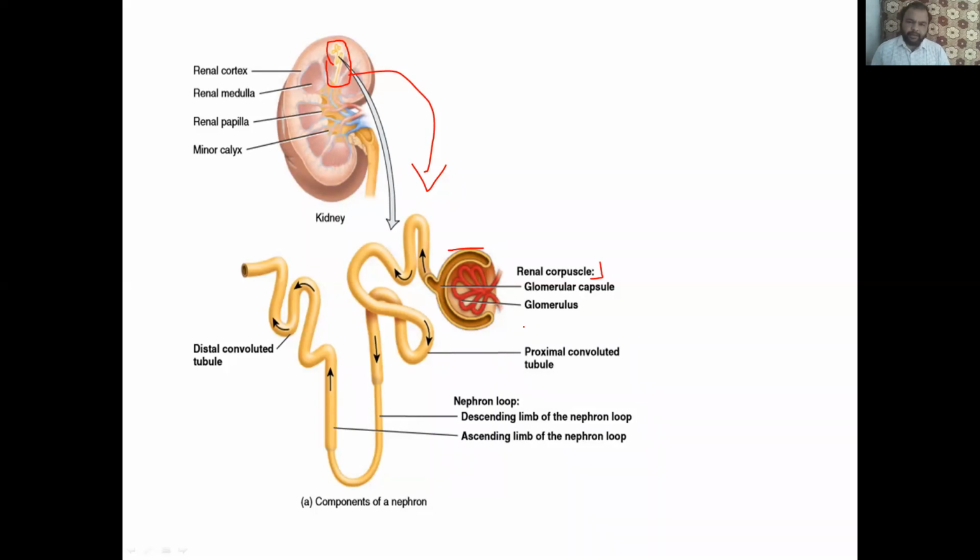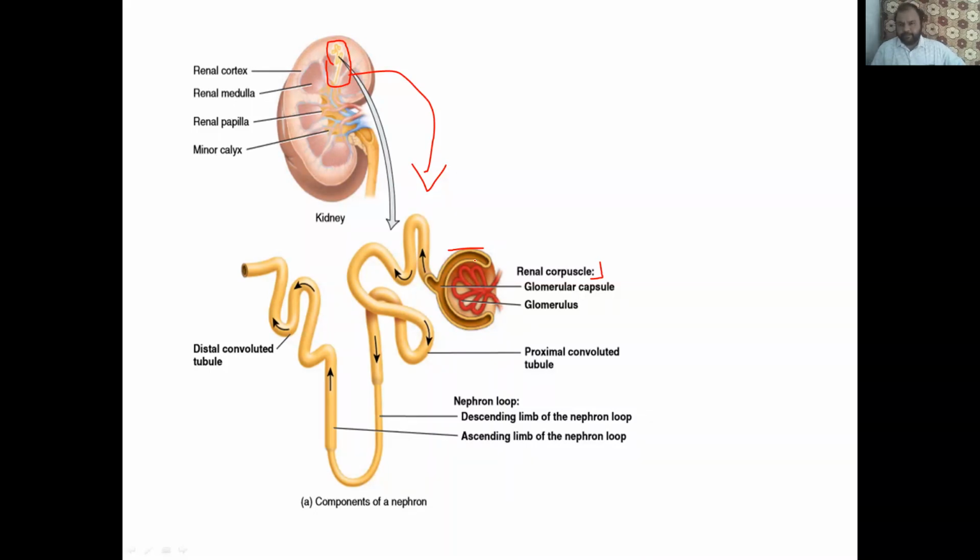If you see any medical book, each and every blood vessel is given a different name, but it's not part of our talk, so I'm not going into that detail. But the branch from the renal artery ultimately in the form of the afferent arteriole enters within this cup-like